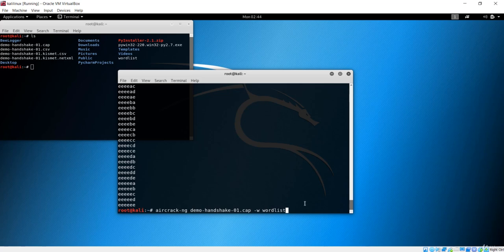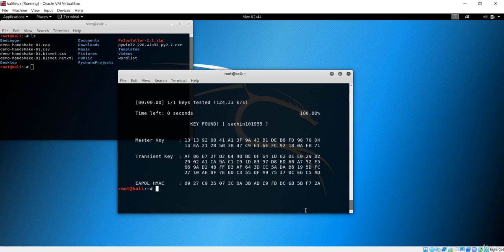Now if I hit enter, it is going to give us the password. It tested, and you could see how quick it was, because obviously the word list was small. In the real world, the word list will be much heavier than this, it can be 1 GB or something like that. But here we just made some MB of word list, and it has found this keyword.